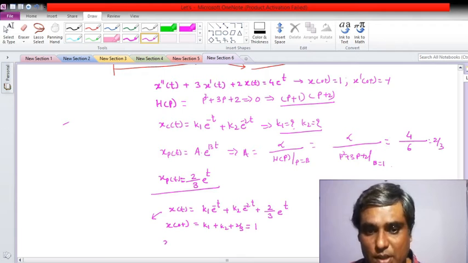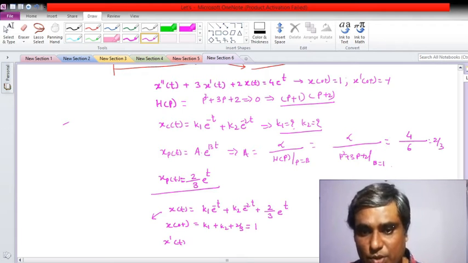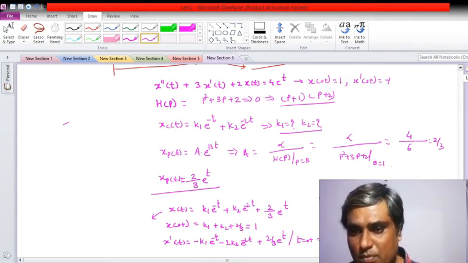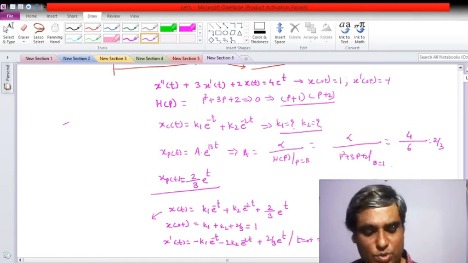Now let me compute x dash of t also, which will be minus k1 e raised to minus t minus 2 k2 e raised to minus 2t plus 2 by 3 e raised to t, and this also evaluated at t equal to 0 plus, which will be minus k1 minus 2k2 plus 2 by 3, which was how much? Minus 1. So if you solve it,